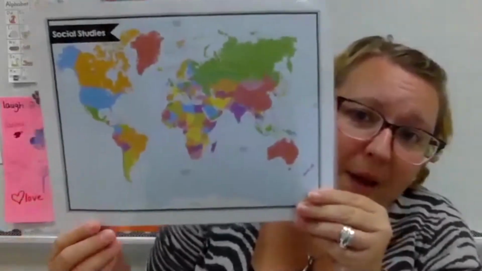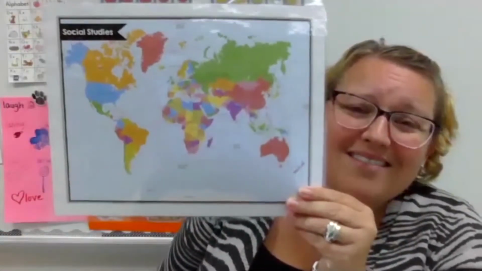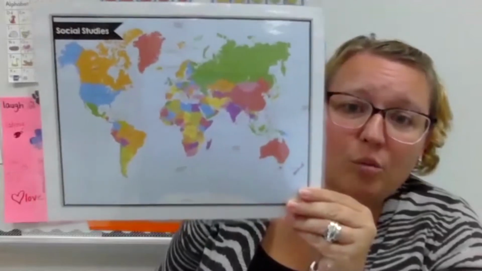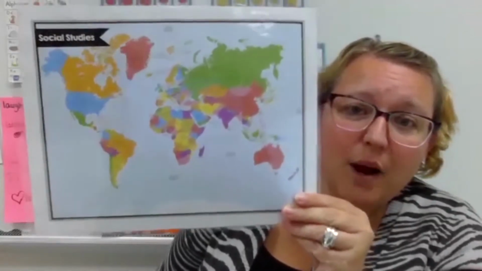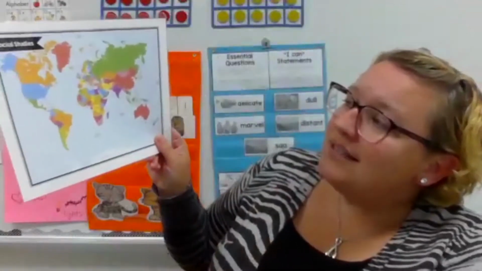Another type of map is a world map. Okay, so a world map is going to be a flat map, but it's going to show you the same information that a globe would, only it's not going to be a round model. It's a flat model. Okay, so you're going to see the same basic information on this map.